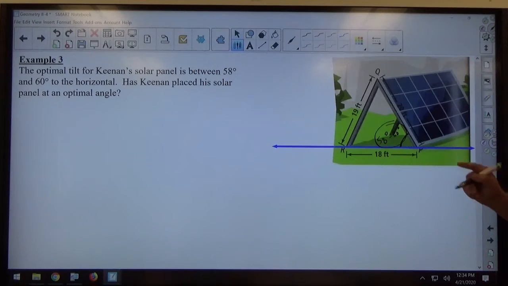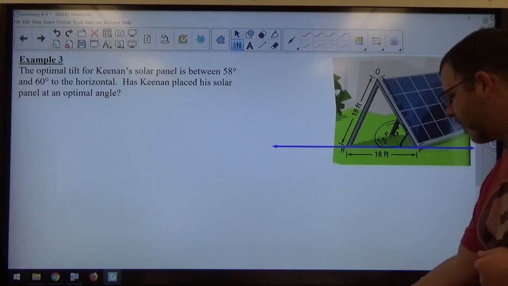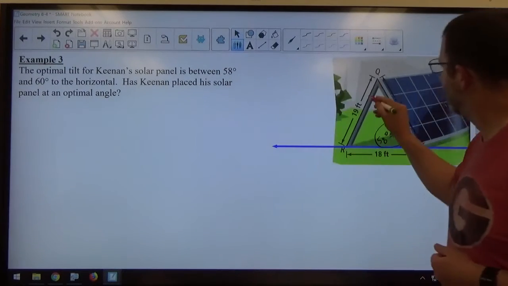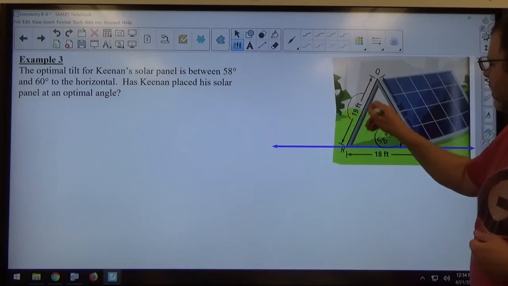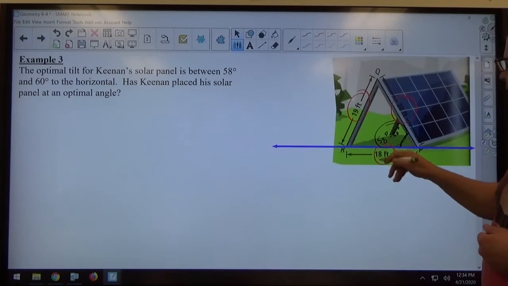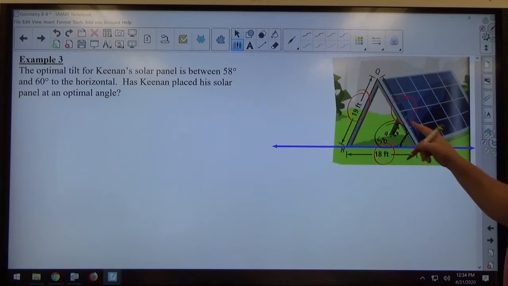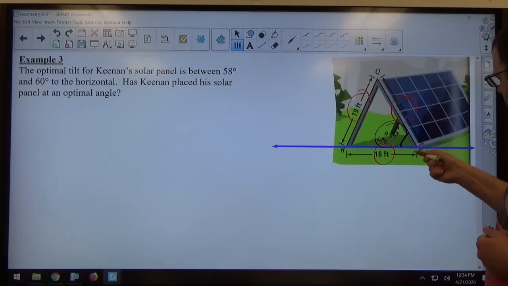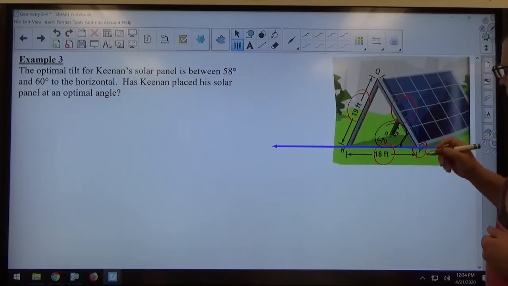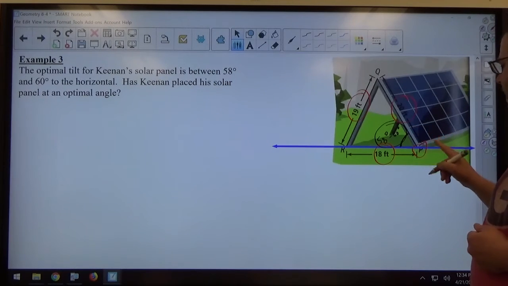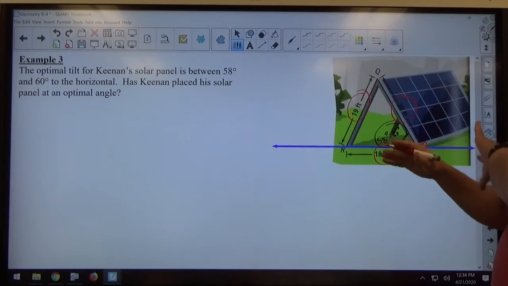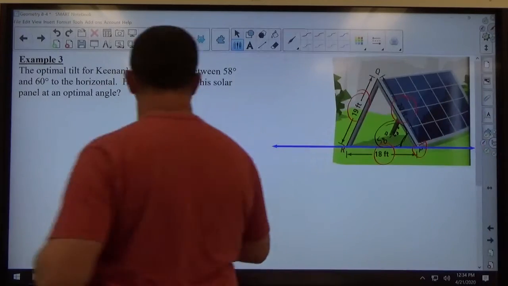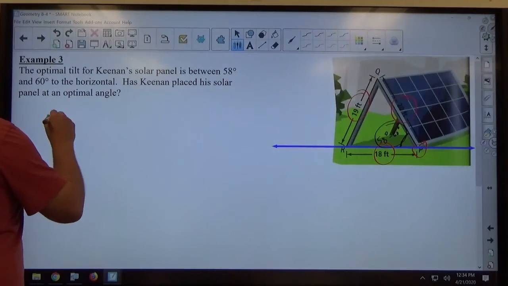All right, so in essence what we want to do in this problem then is we want to verify that that angle is the right angle. So we're going to use law of cosines here since we're given side, side, side, 19 feet, 20 feet, 18 feet. Side, side, side will be usable to find angle P. You can see angle P here. And again, with law of cosines, it's very important that the side opposite the angle we're looking for is the one isolated. So we're going to have 19 feet on the left squared